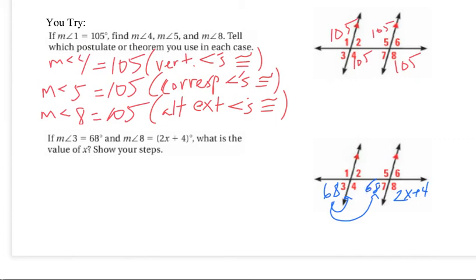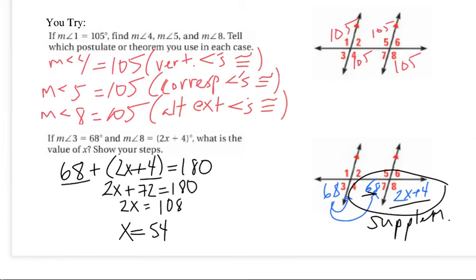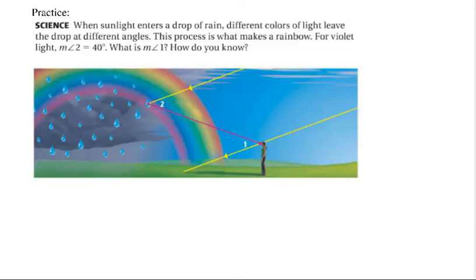All right, this one we are going to do together, and then the next one you're going to be doing on your own. So it says that when sunlight enters a drop of rain, different colors of light leave the drop at different angles. You can kind of see that with your rainbow. This process is what makes a rainbow. For violet light, so you can see the little droplet right here in the purple range, angle 2 is 40 degrees. And we want to figure out what is the angle 1 measurement going to be,